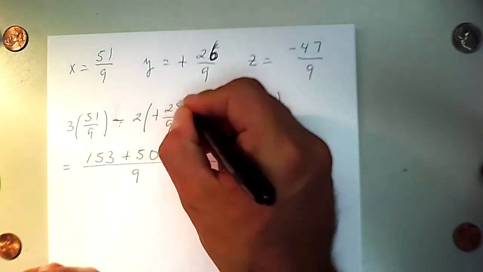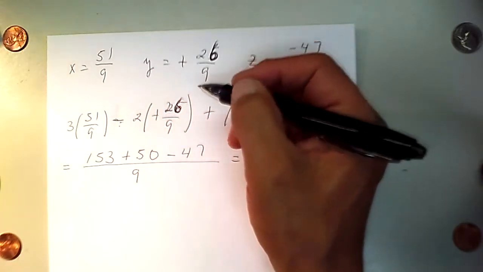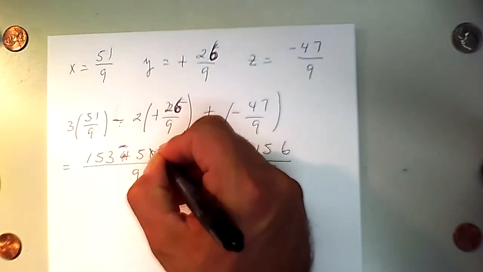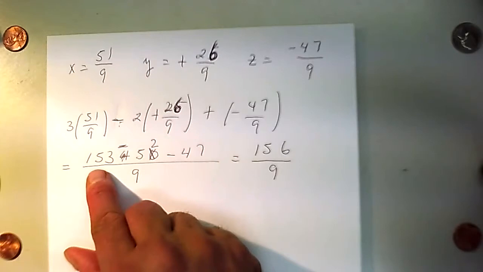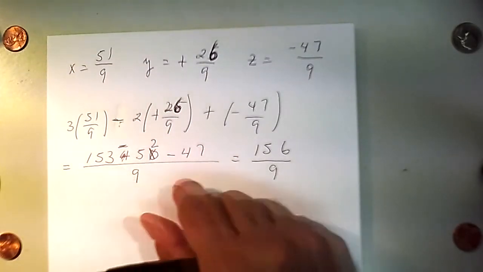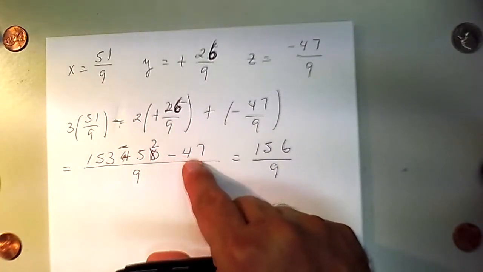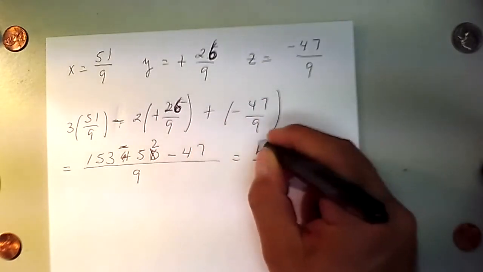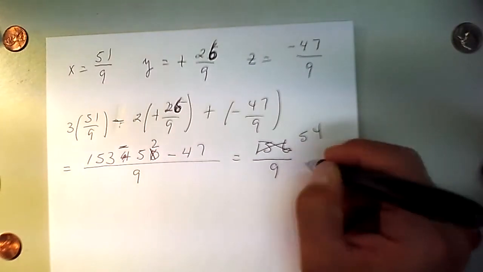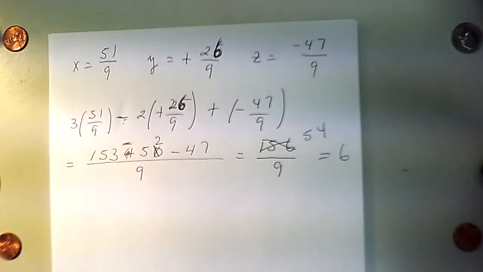So this is positive 26. All right, and that means we have to subtract 52. All right, so 153 minus 52 is 101. 101 minus 47 is 54. So that should be 54. And we do know 54 divided by 9 is 6. Okay. Boy, that was a little stressful for a moment,